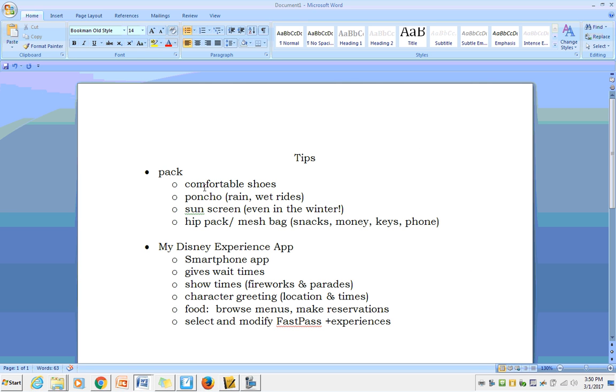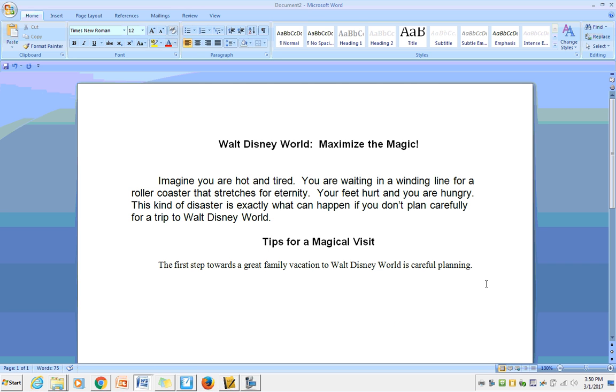pack. So I don't just want to make a list. I need to still write in complete sentences. So I might use the transition here. For example, bringing along comfortable shoes is essential. I like that. So, let's see. For example,